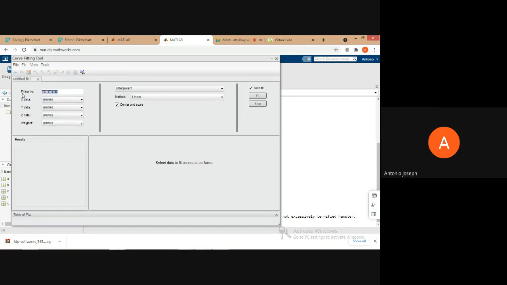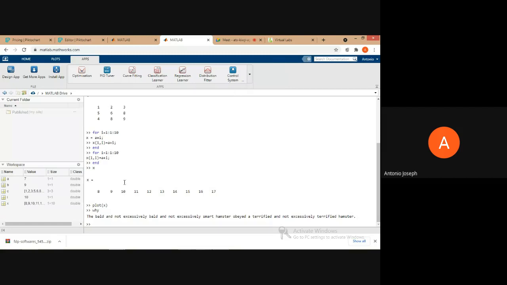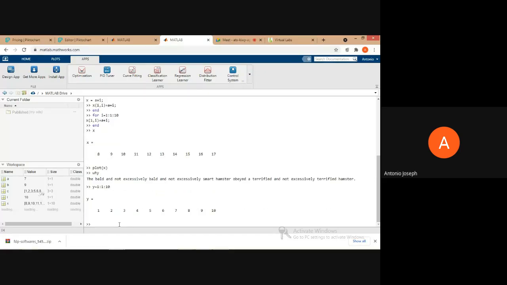So we can provide the name, then we can specify the data. We have x, and one more data we can create, x and y. Now we can plot a graph, and then we can fit the curve.